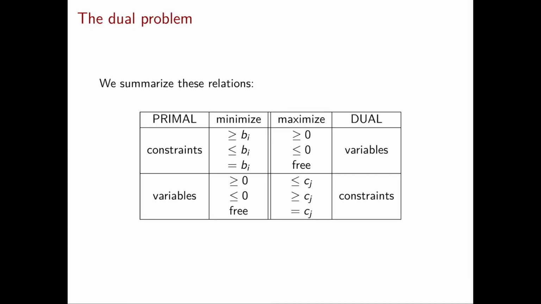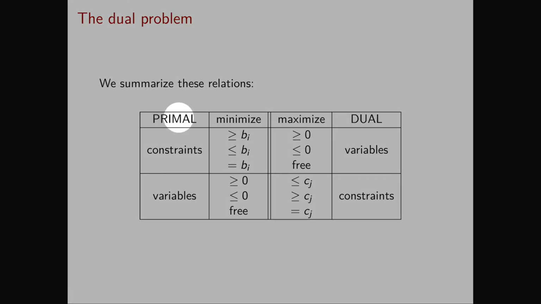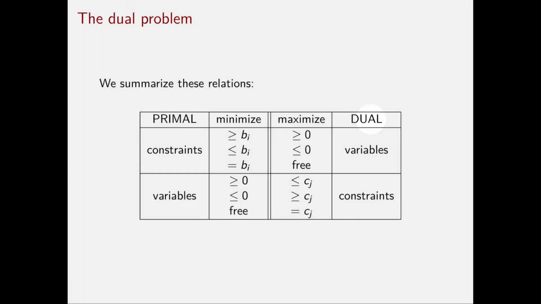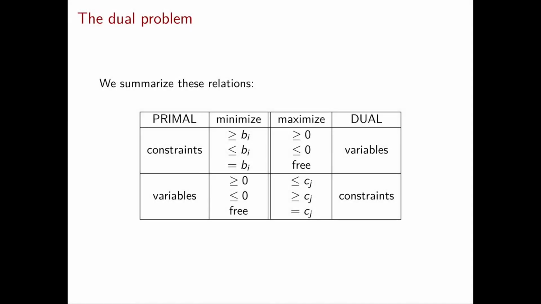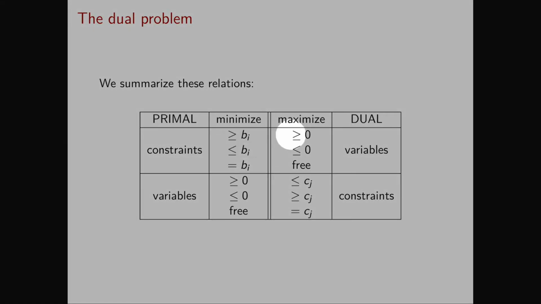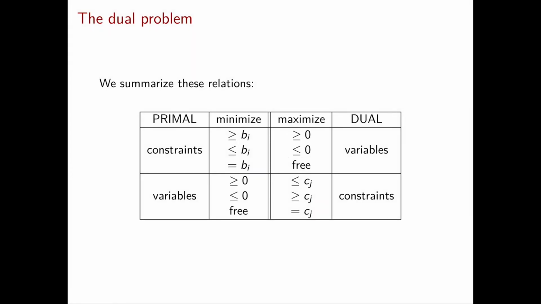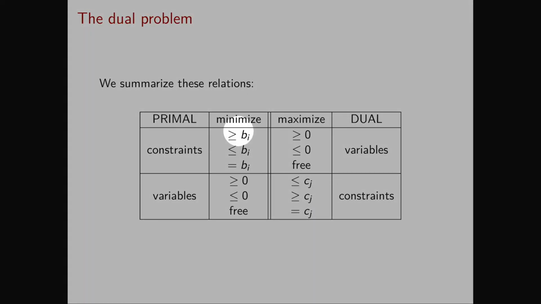In order to easily memorize how to construct a dual linear programming problem, we write down this table. The left part of this table represents the primal, while the right part represents the dual. In the primal we minimize, while in the dual we maximize. For every constraint of the primal, we have a corresponding dual variable. And the inequality signs between these constraints and these variables are somewhat maintained. If in the primal constraint I had a greater than or equal to, then the dual variable will be non-negative. If in the primal constraint I have an inequality of the type less than or equal to, then the dual